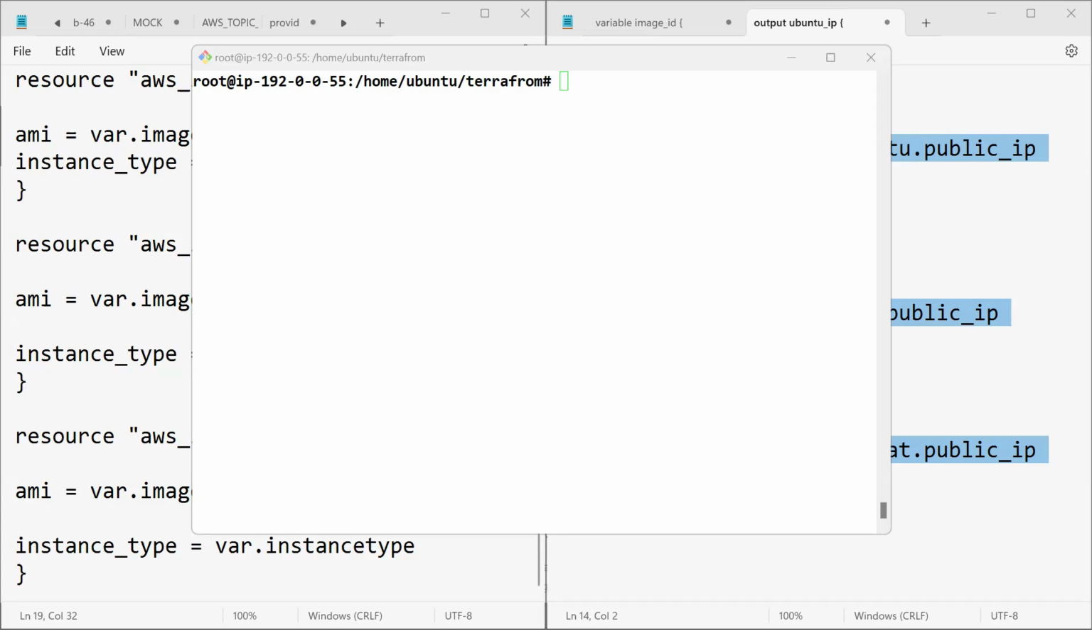Okay, so now we have completed list variable, map variable, and other variable as output variable, right? The last one we have is something called a local variable. What is this local variable? See,